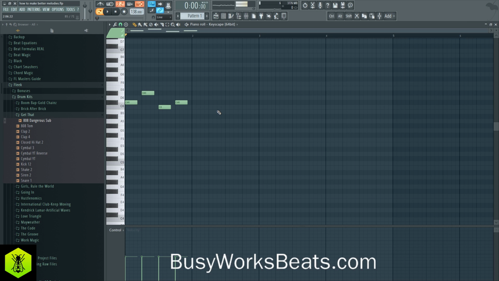Here's another mistake a lot of people make. They hear the melody in their head and then they try starting to make the melody on the downbeat. Sometimes your melody starts way before the downbeat. And the downbeat is when the metronome starts on that first bar. So my melody might be like this. Let's just record nothing, but it's going to count in.